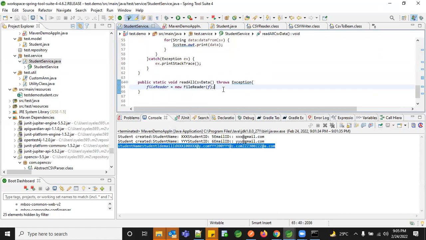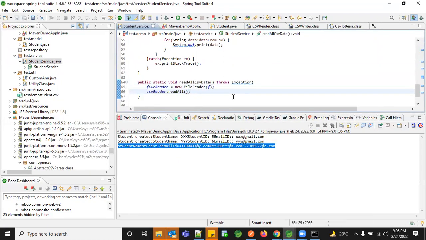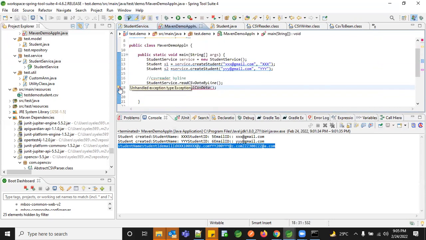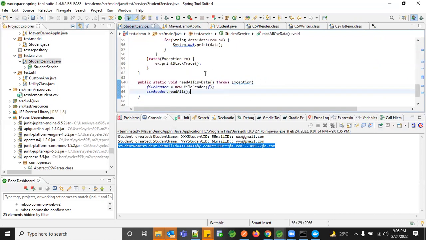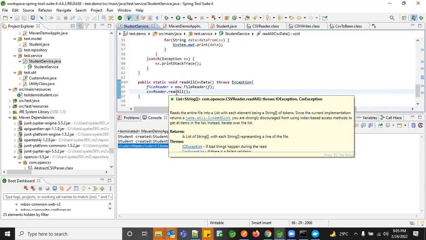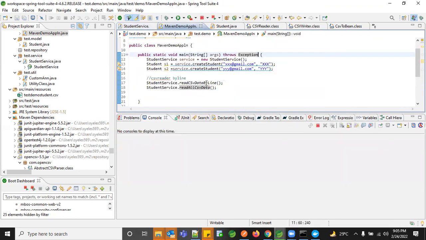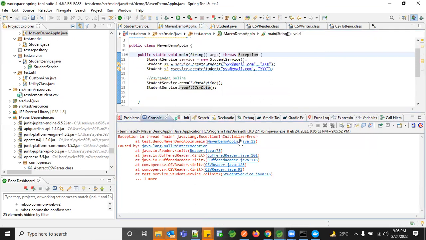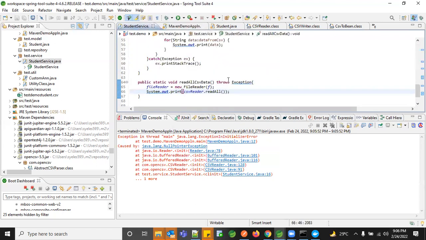So now we are going to use the same CSV reader dot read all. Let's execute this.